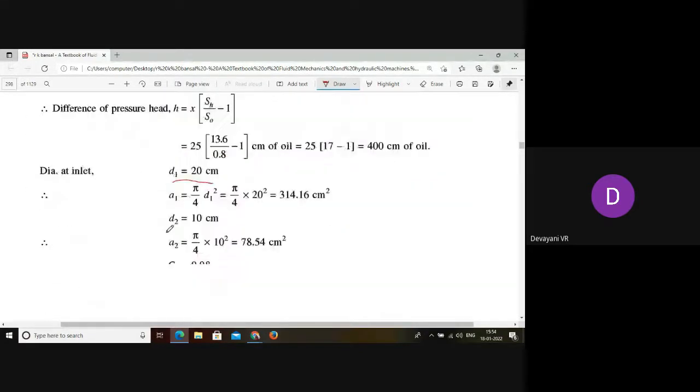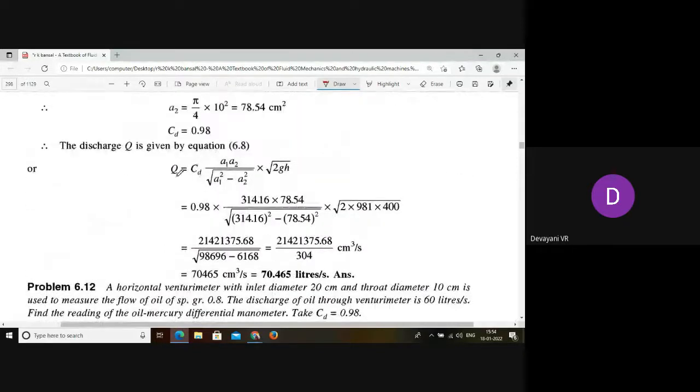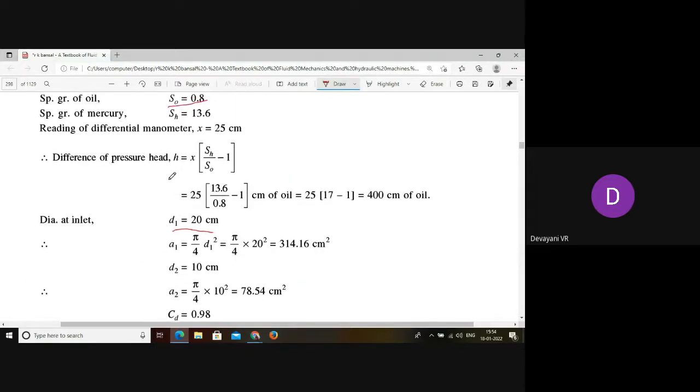Using that, we should calculate the discharge. So to calculate the discharge, what is the formula? Q equals CD into A1 A2 by root of A1 square minus A2 square into square root of 2GH, isn't it? So in this formula, we know the value for CD, we know the value for A1 and A2, but we should calculate the value for H. So to calculate the value for H, we are going to use the formula, that is H equals